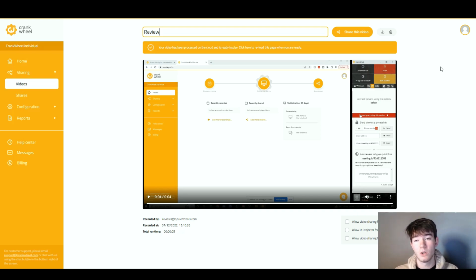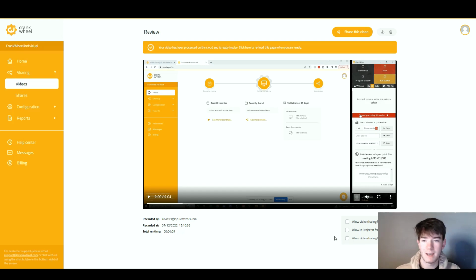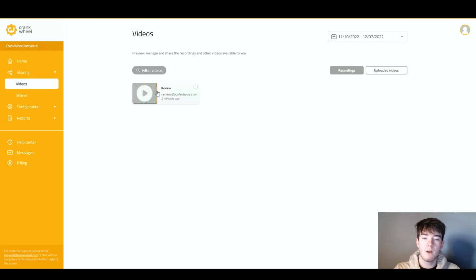You go ahead and open it up again, record, stop it, and it'll take you to this page where you edit everything. Right here you can view your video just by playing it, which we're not going to do. And then down here you've got some information about your account, and whether you can untick or tick any of these. So now in our videos section, we now have our recording, which is the review, and then